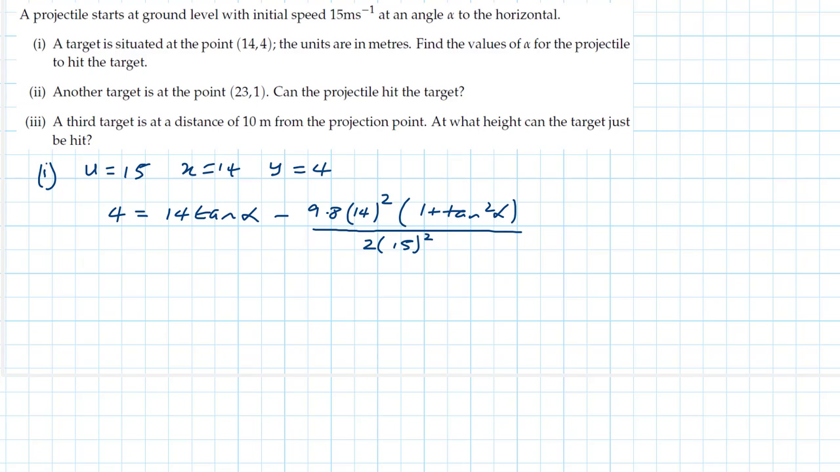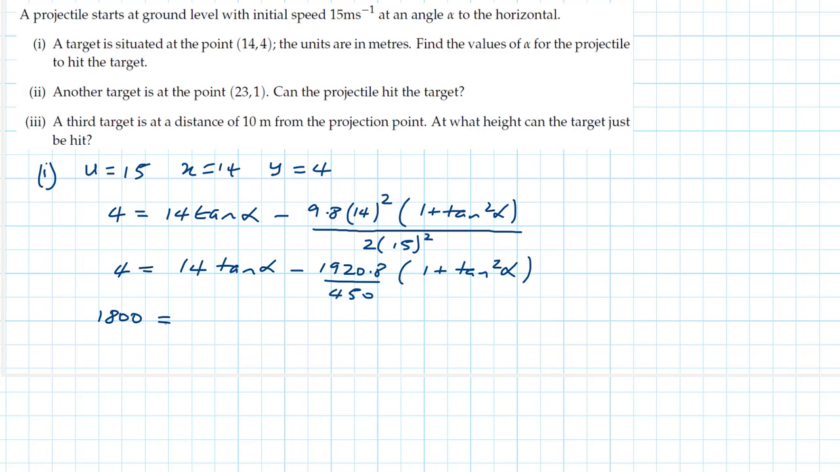Now, to make this easier for myself, what I do is I work out 9.8 times 14 squared over 2 times 15 squared and get that as a fraction. So this gives me 4 equals 14 tan alpha minus, I haven't done that on my calculator, 1920.8 divided by 450 times 1 plus tan squared alpha. Multiplying through by 450, that just makes it a little bit easier, gets rid of the fraction part of this one. That gives me